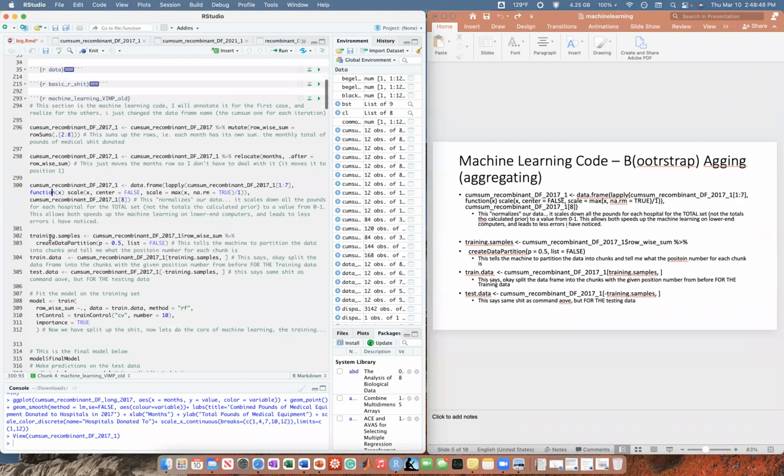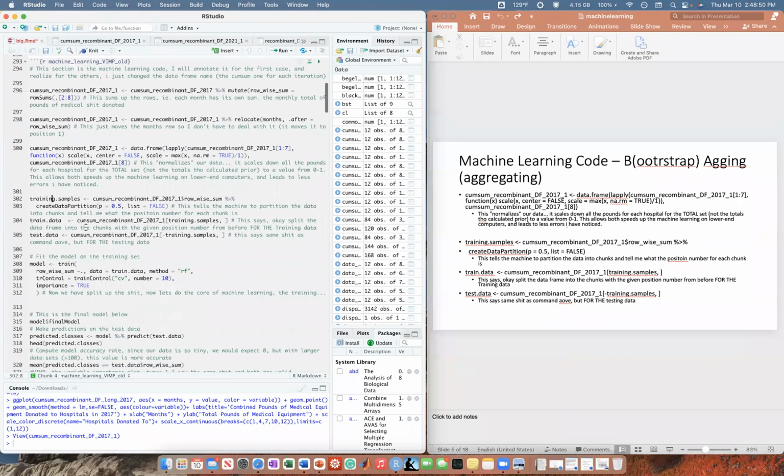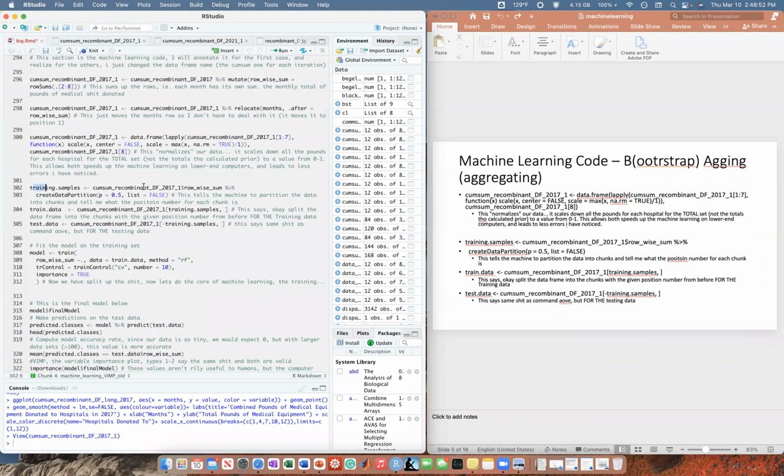Okay. So I can actually run this code at the same time, I believe, because I do the data set. But this is what we call our training samples. As I mentioned, we create the training and testing data. What this command is saying is I want you to go through this and partition the data such that 50% of the data set is used and 50% isn't.